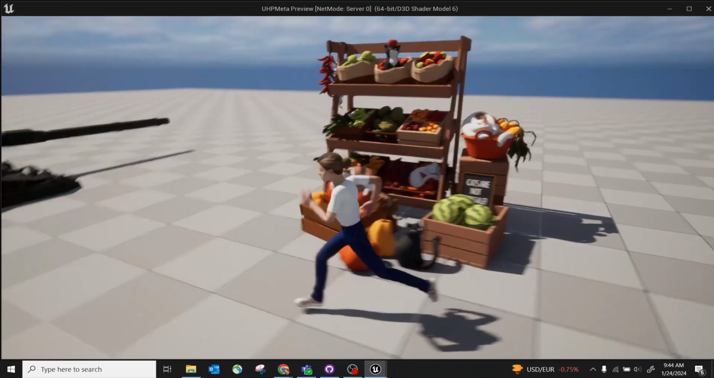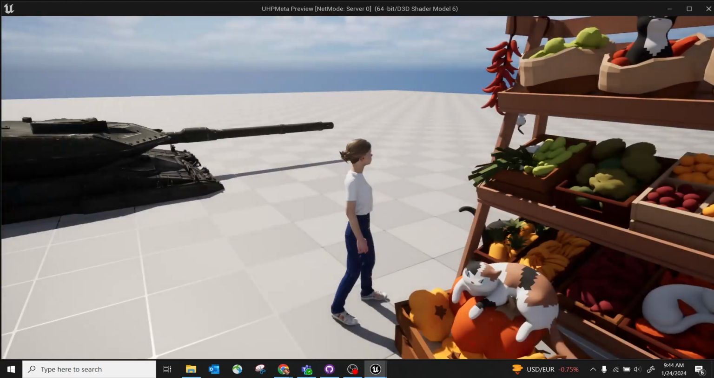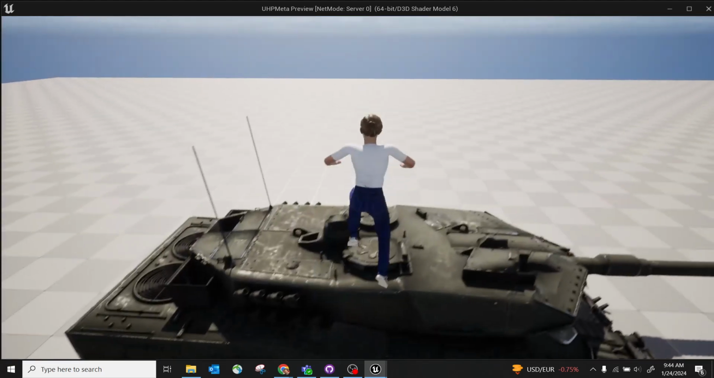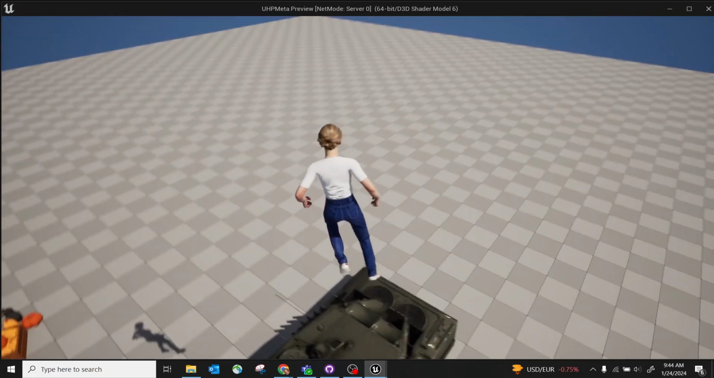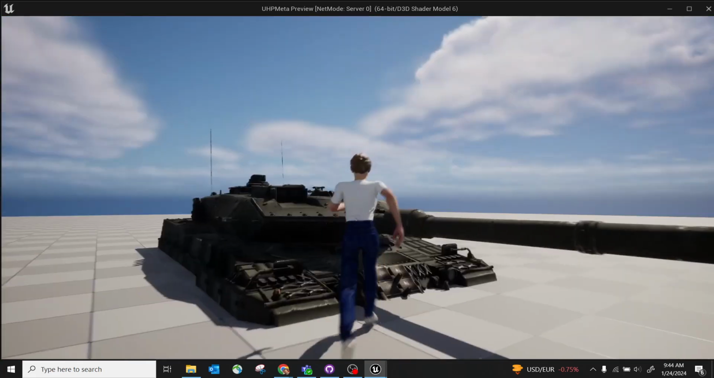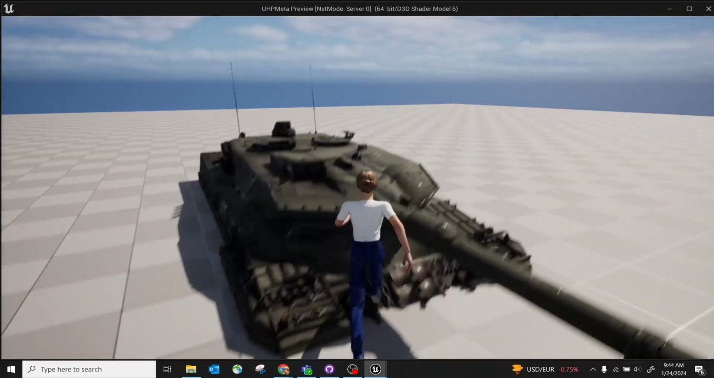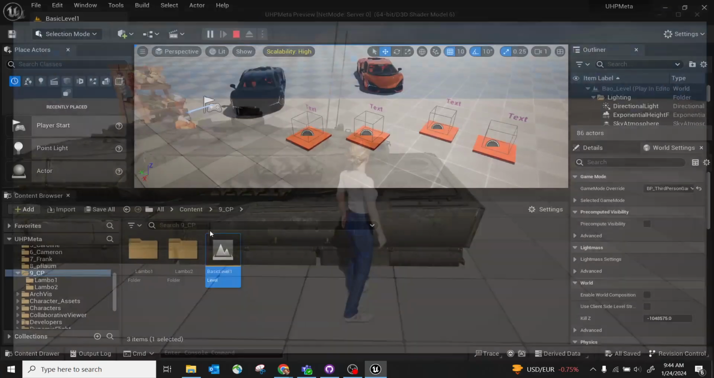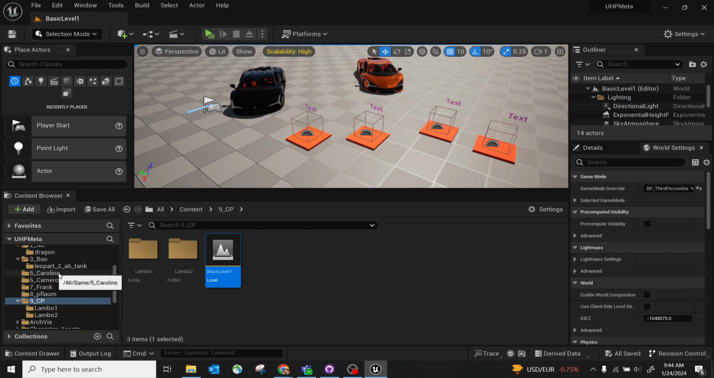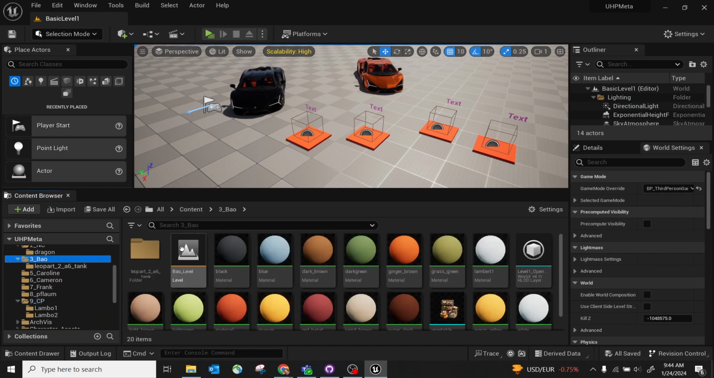So here you can see some cool stuff there, a tank. There's a collision here. Okay, I don't think there's a complex collision. This is actually a simple collision, right? The simple collision means it doesn't really care about the details. So as I said earlier,